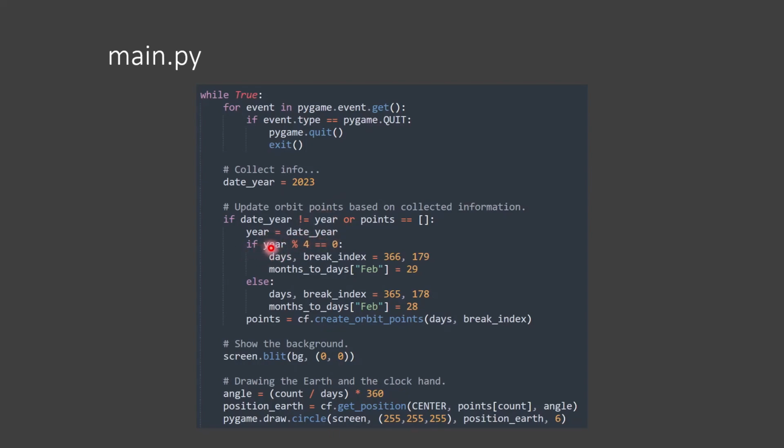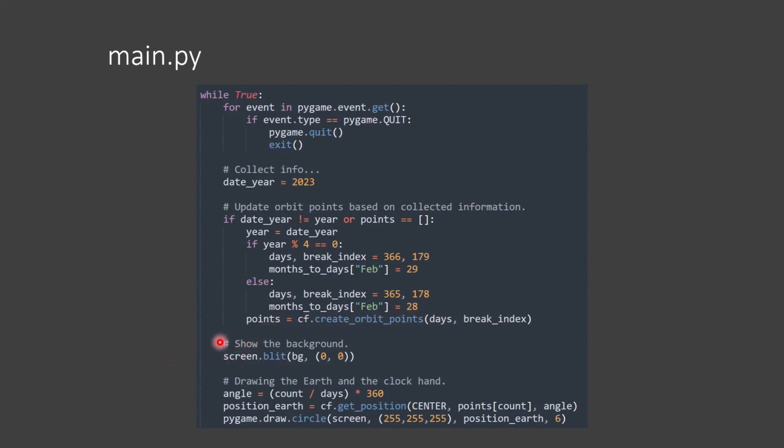We check if the year is a leap year, then we have a days and break index dependent on this. So if it's a leap year, we actually need to add a day, and our break index changes. And later on we'll see why this months shift is important as well. Then you can see that we use the CF, the clock functions module or file, to create our orbit points,